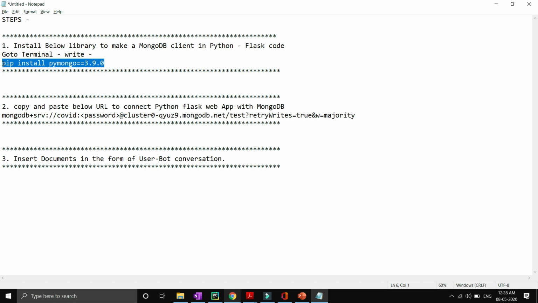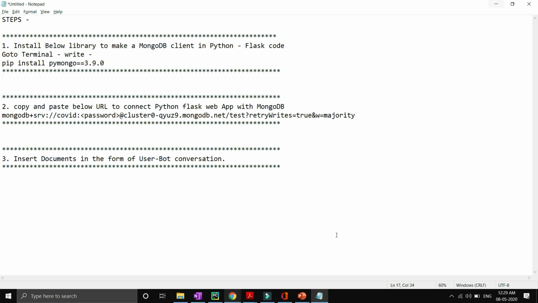So you have to install specifically this particular library. So basically by using PyMongo, we will be creating a MongoDB client inside Python Flask. And by using the MongoDB client, we will be accessing our database through the URL. Then we have to copy paste this particular URL which we have generated from our MongoDB Atlas account, and then we will be inserting documents in the form of user and bot conversation.